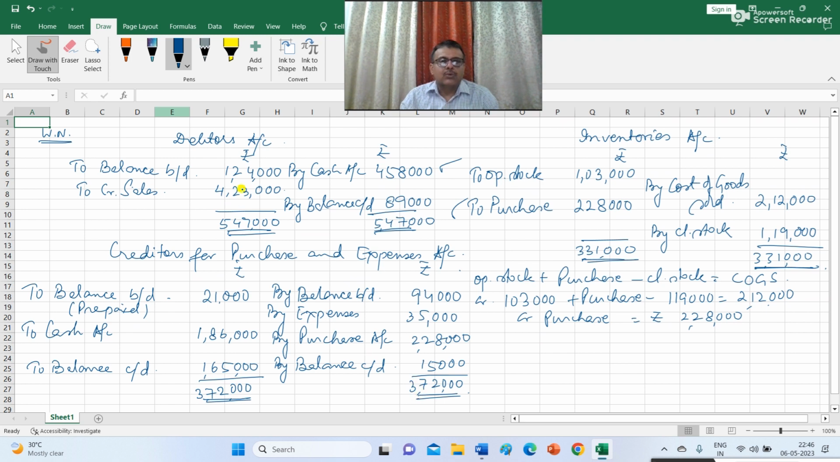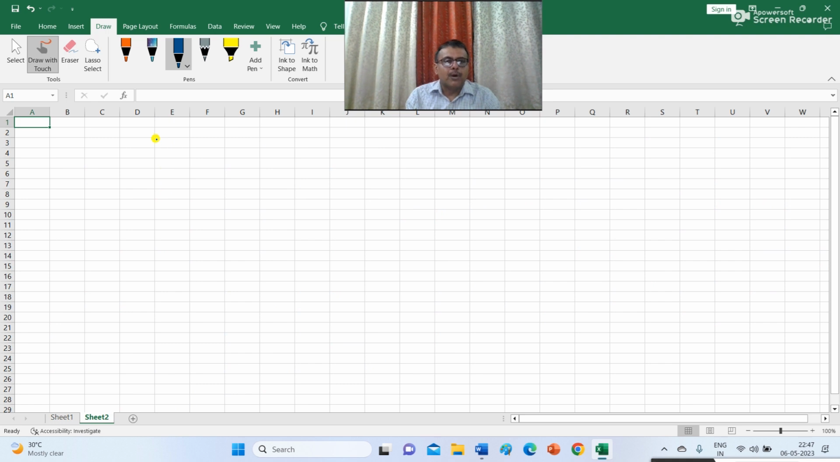So from the debtor account, I have calculated the amount of cash collected from debtor, and from the creditors for purchase and expense ledger, I have calculated the amount that has been paid to creditor for purchase and for expense. So here I am going to prepare the cash flow from operation. Cash collection from debtor is the first item. Collection from debtors, which is 4,58,000,